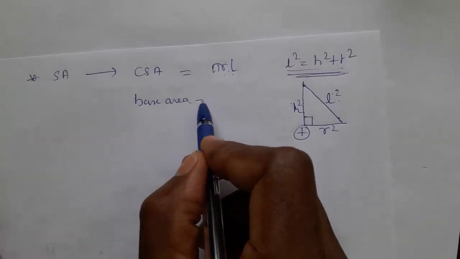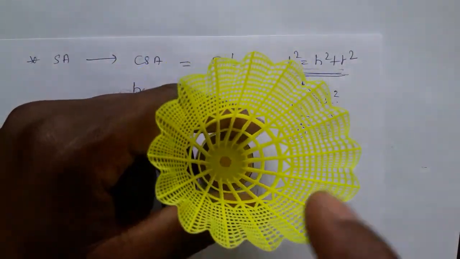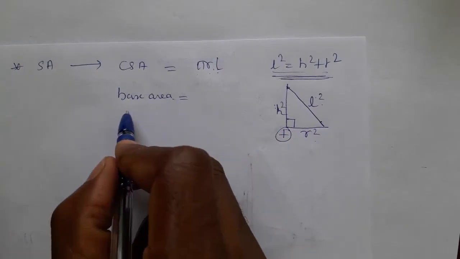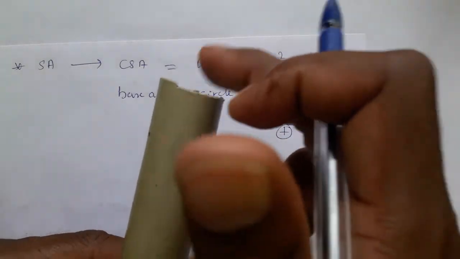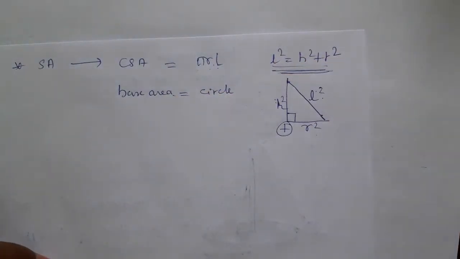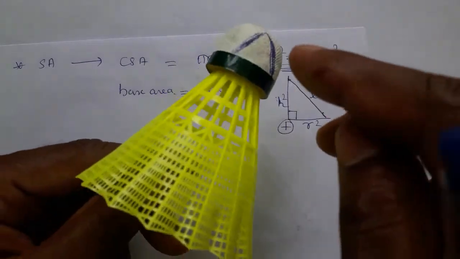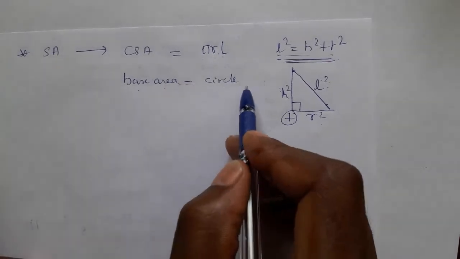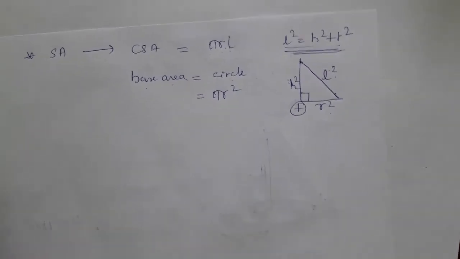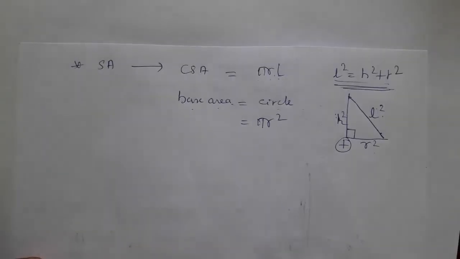Okay. Now we go to base area. Base area means what? In a cylinder, what base is there? A circle base, so base area is nothing but circle area. In a cylinder there are two bases, so we wrote two circles. But in a cone, how many bases are there? This is the one base, but on the other side there is no base, the tip is there. So only one base is there, one circle, always pi r square. Circle area we know, right? So in a cone, 1 pi r square.